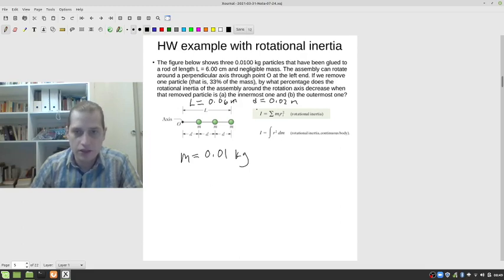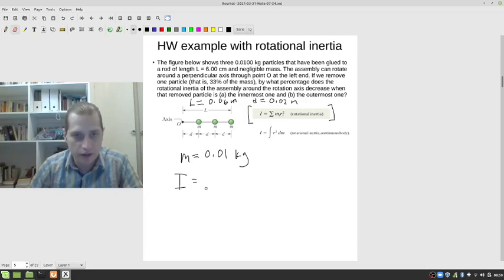Well, it's this thing. You take the mass times the distance from the axis of rotation squared, and you add it up for every mass in your system. So for this one, for instance, I would go I equals,